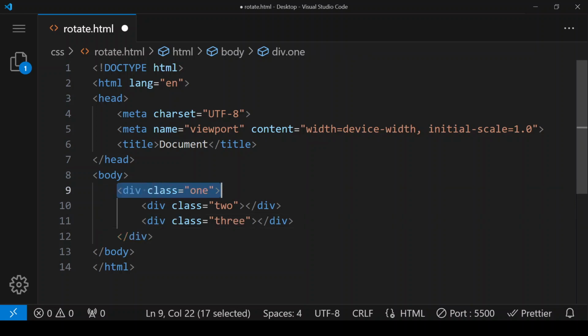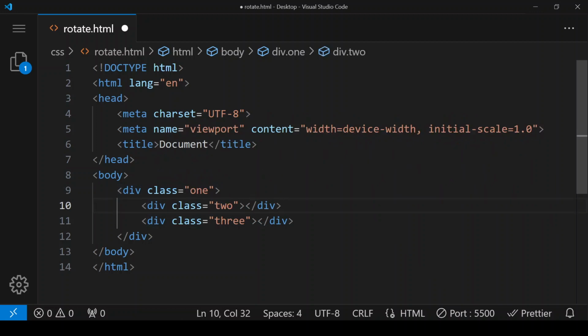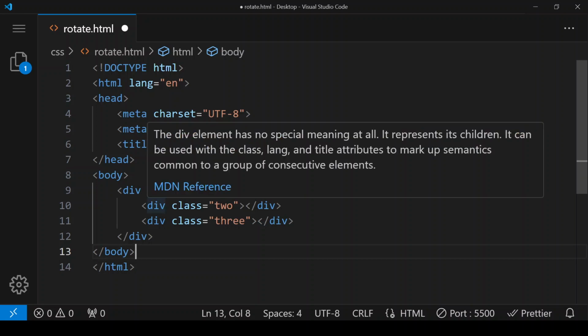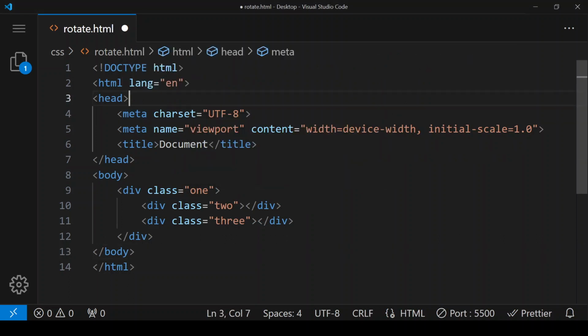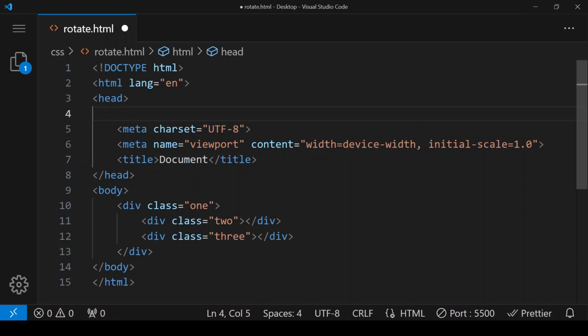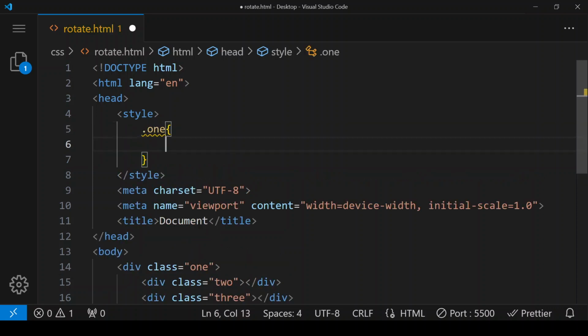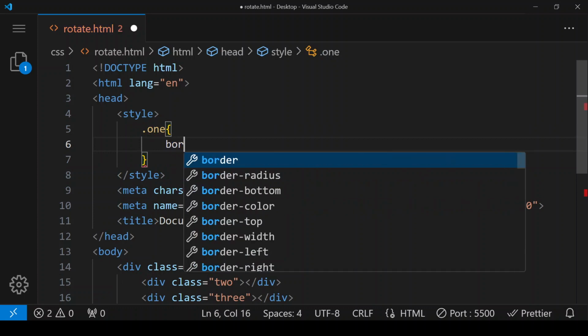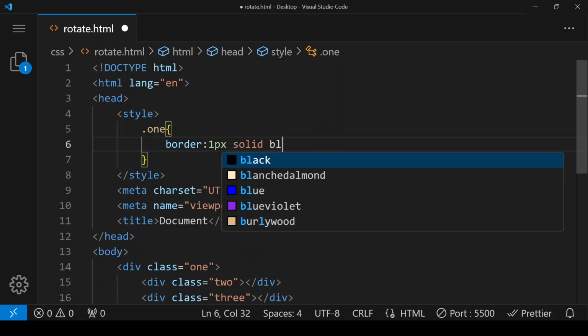So this is our main div, and we have assigned a class 1 to it. Inside this one div, we have created one more div whose class is 2, and a second div whose class is 3. So we are going to create three classes, 1, 2 and 3. So here within the head section, we have to give a style tag, and here I'm creating our class 1. Here I'm giving border to 1 pixel solid black,